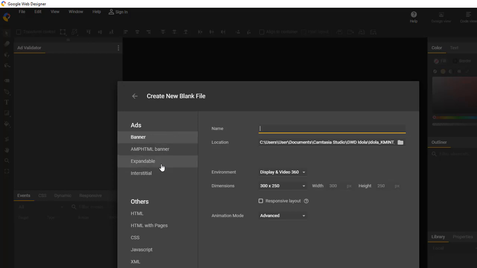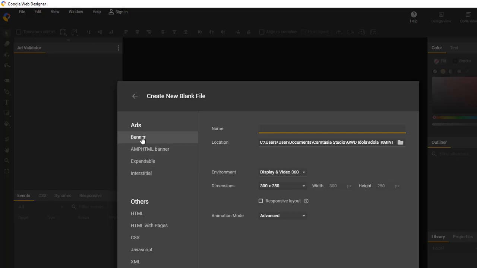The difference is that banner is only a simple advertising format for applications in Google. But expandable is an advertising that can expand when you click it and has a close button to shrink it back. Maybe you have seen this kind of advertising in several pop-up advertisements on websites.